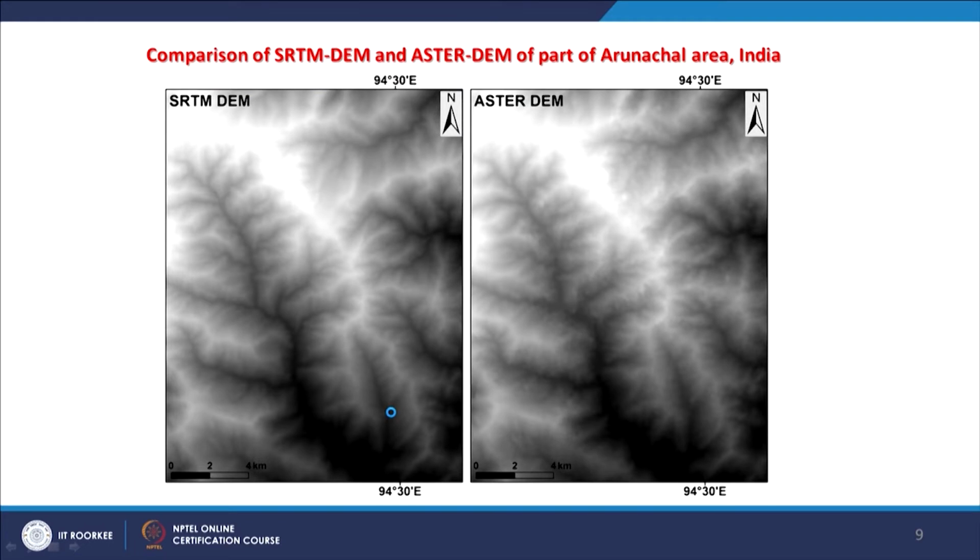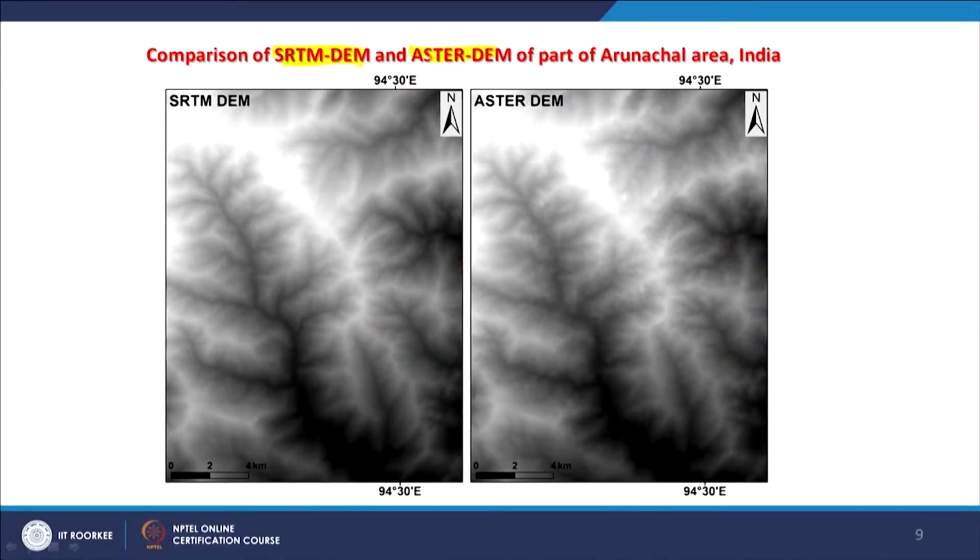Now, there is also some other data available, which one can compare for different areas, even if they have the same spatial resolution. This is what I was saying, that 30-meter spatial resolution is sufficient in many cases, except for a very small area that one would like to cover in much detail, where one may go for higher spatial resolution. But otherwise, in many studies, 30-meter spatial resolution of a DEM is quite optimum.